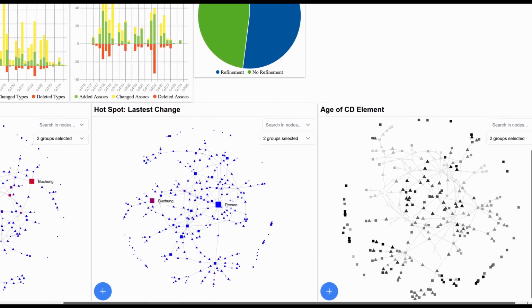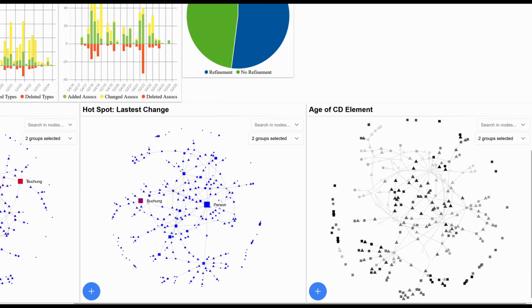We move further to the right and see a graph that shows the age of individual model elements, with the newest elements in black and the oldest in light gray. We can also switch to a different view,